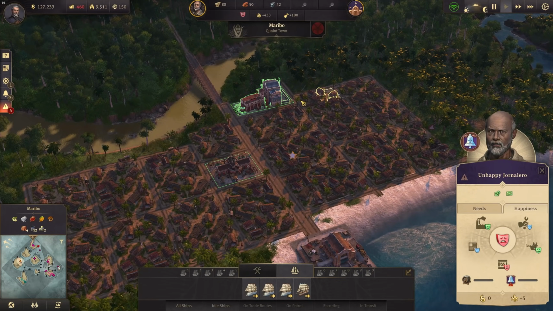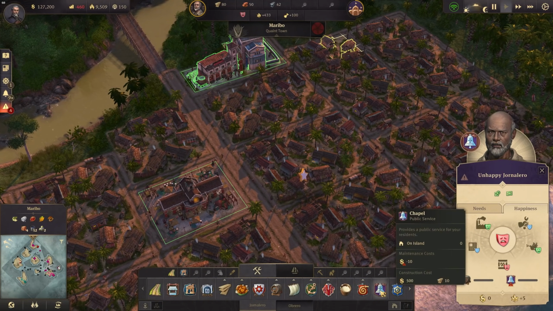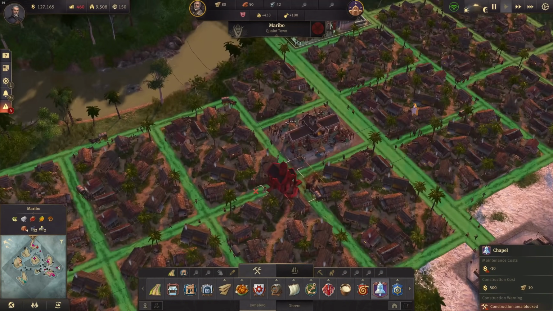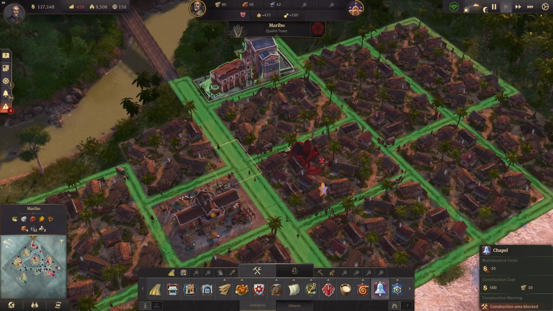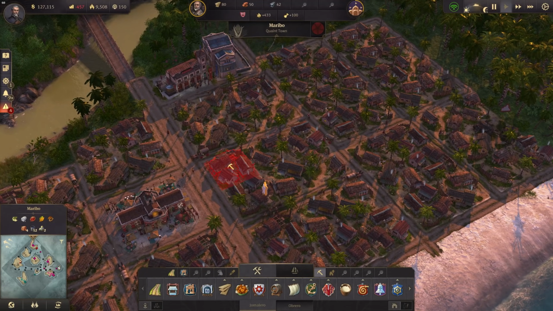I think they're, yep, a chapel. So we might just build them a little chapel there. Right, this is a little building here. Maripo, by the way, is not going to be our main city or anything like that. It's just a small rum production colony. And we're going to build the chapel...